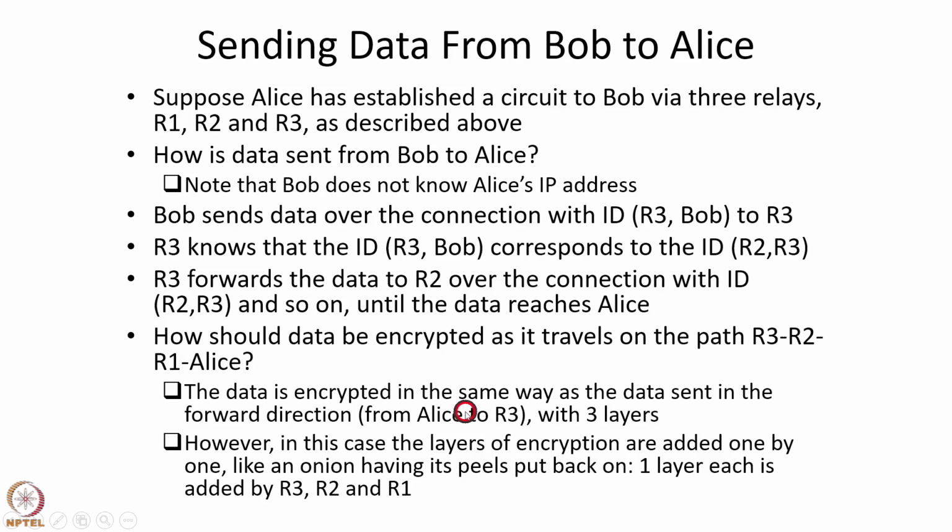So at a high level, these are added to protect the identity of R3 from R1. So these layers of encryption are added so that R1 does not know the identity of R3. So the message that is sent by R3 is encrypted by R2 so that R1 does not know R3's identity. It's an exercise for you to think about how adding these layers of encryption one by one by R3, R2 and R1 achieves anonymity. So we have discussed the operation of Tor in detail.